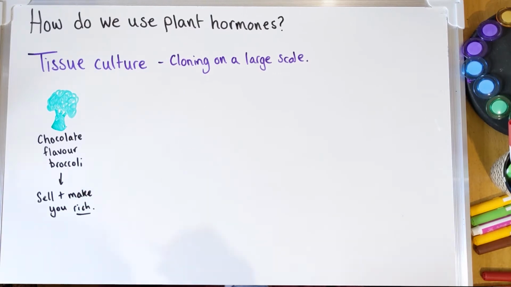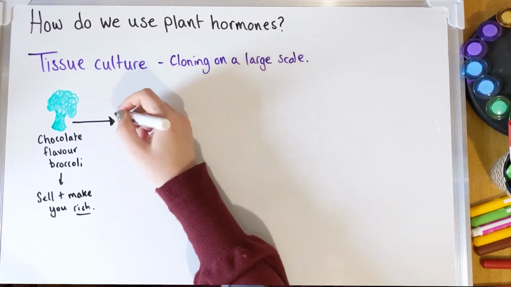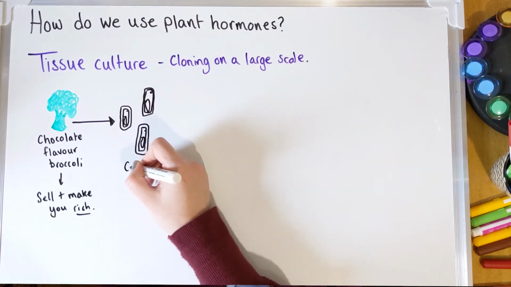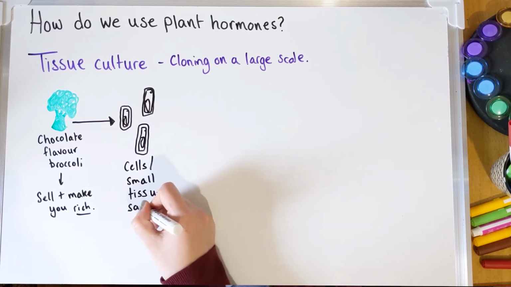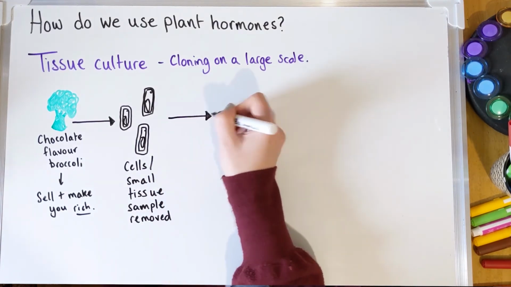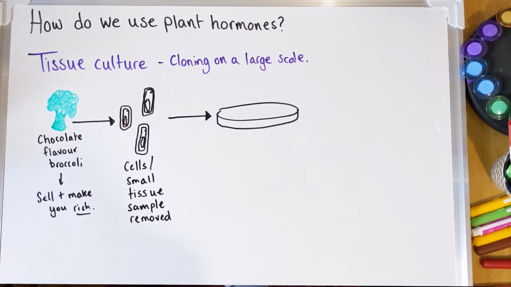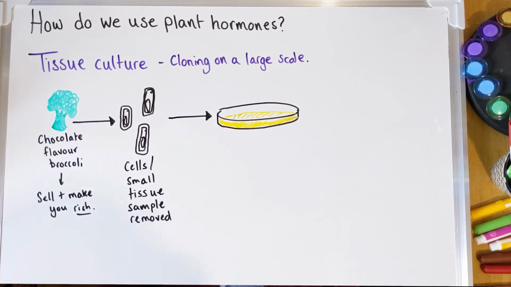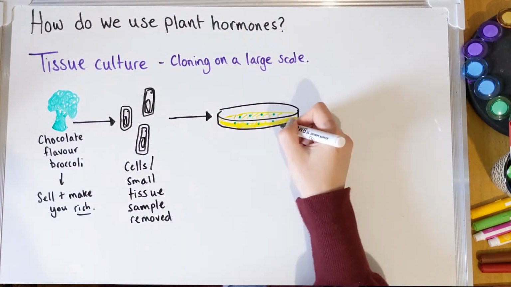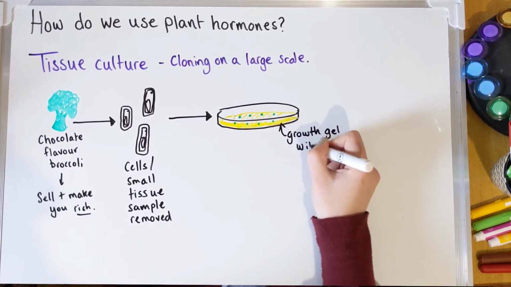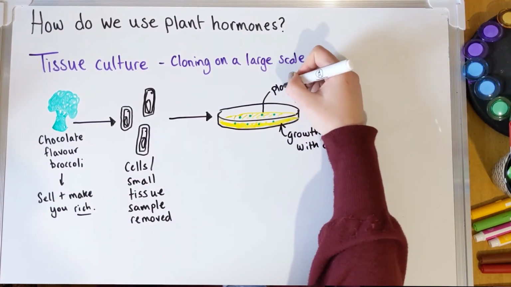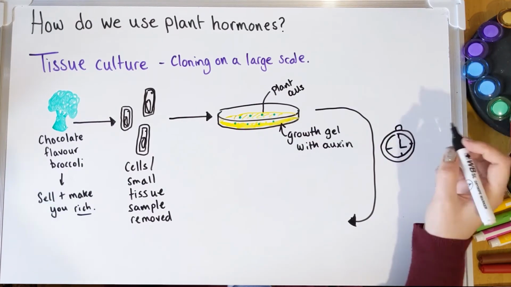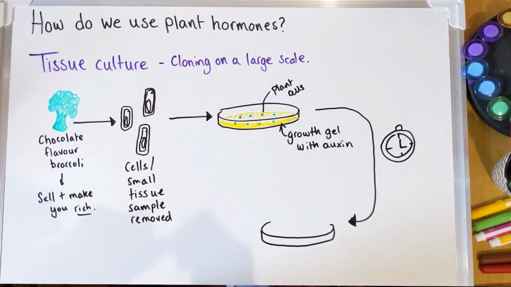for life. So what you would do, because you want to grow them on a very large scale, is take some cells or take a small amount of tissue from your chocolate flavoured broccoli plant. You would then put them into a growth medium, so it could be a gel or a fluid, which contains the auxin, which will promote those cells to grow. You then wait to give them time to grow, and then what happens is you end up in your little petri dish, for example, you would have little green growths called plantlets. So those cells, because of the auxin, will have been stimulated to start to grow and develop